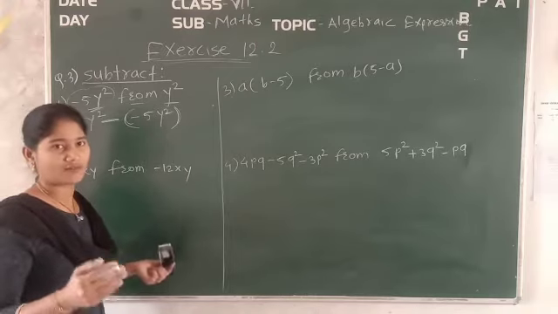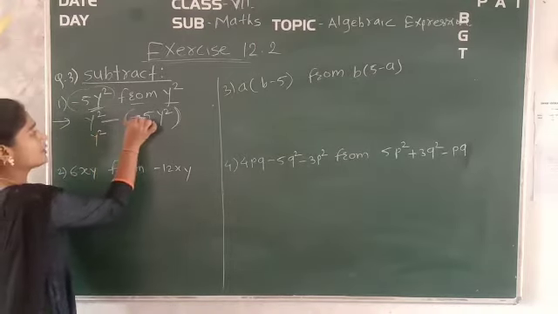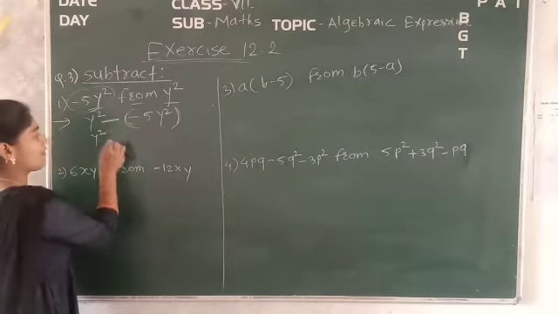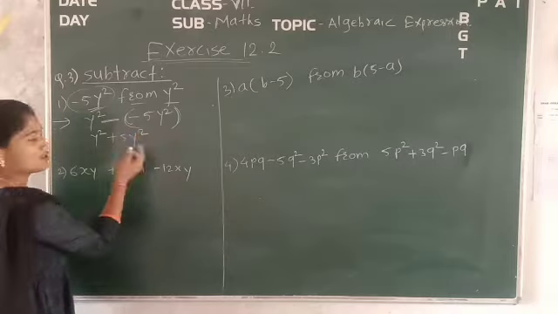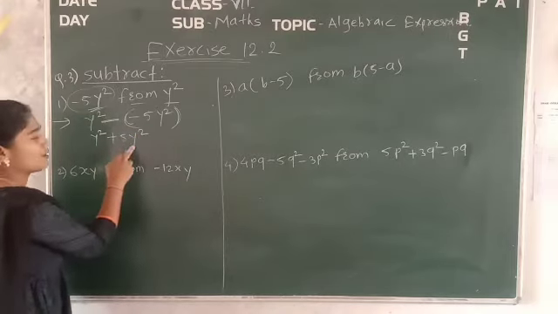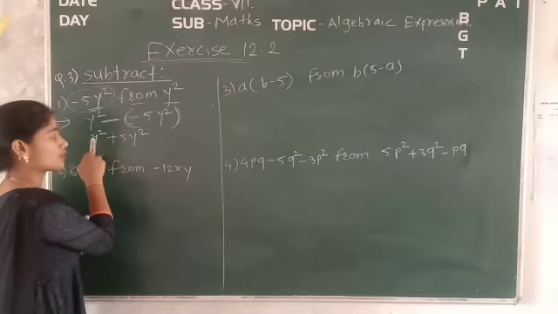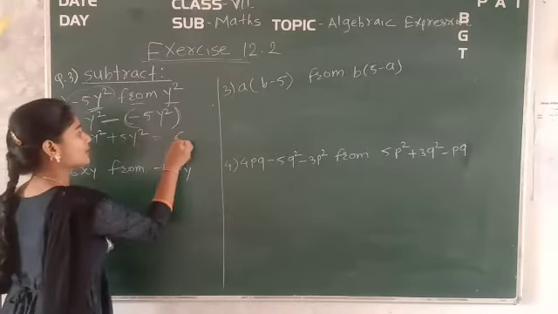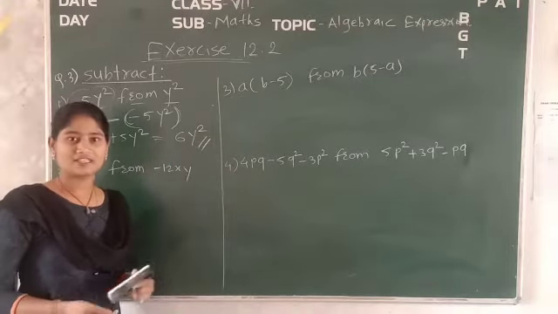That is already you have been perfect now. Okay, that is y square remain as it is, minus into minus. See, now it became plus. So plus 5y square. Okay, and that is already you know now. Plus y square plus 5y square. Here there is nothing. It means there is a 1. So 1 plus 5, it is nothing but the 6. So 6y square will be the required answer. See how easy it was.